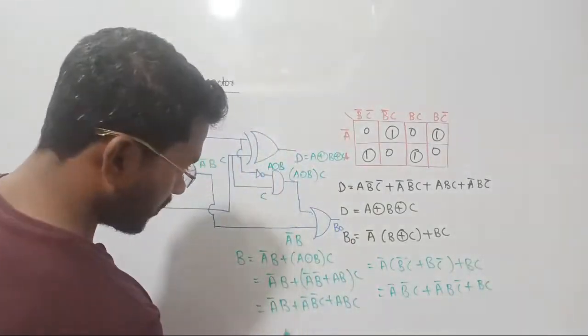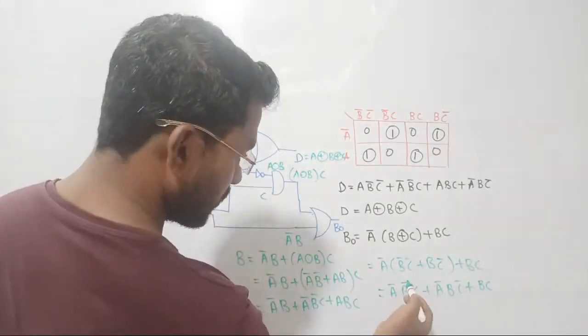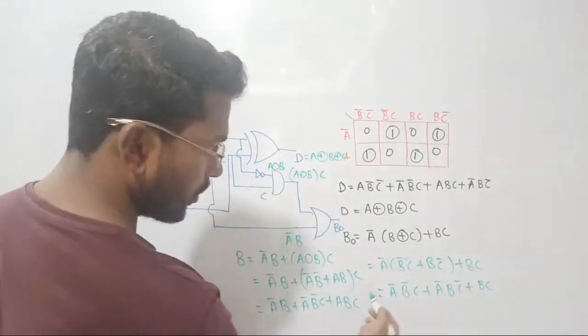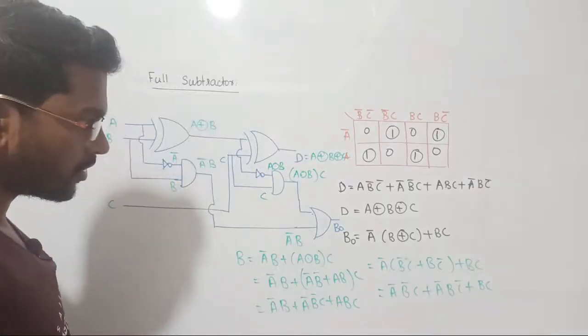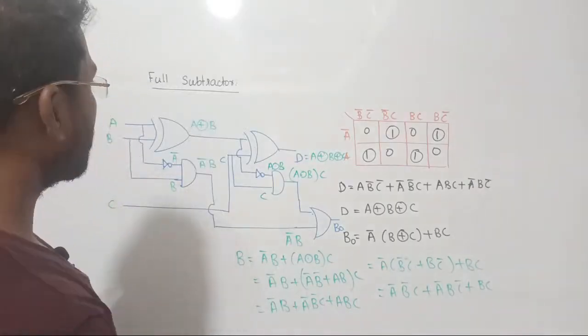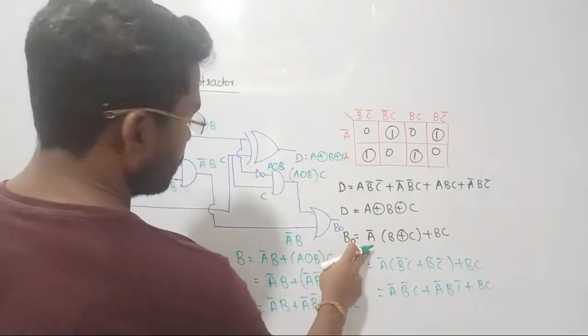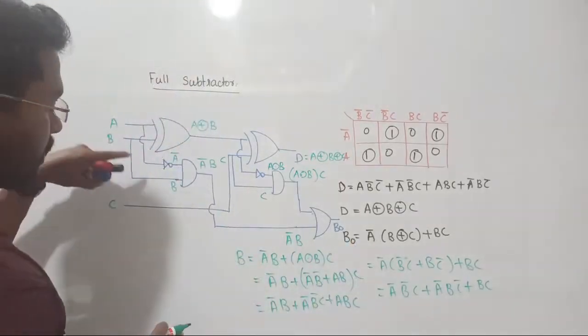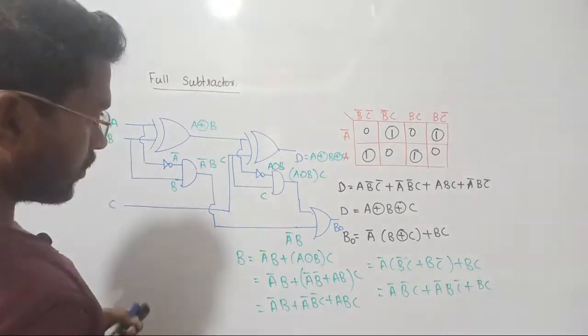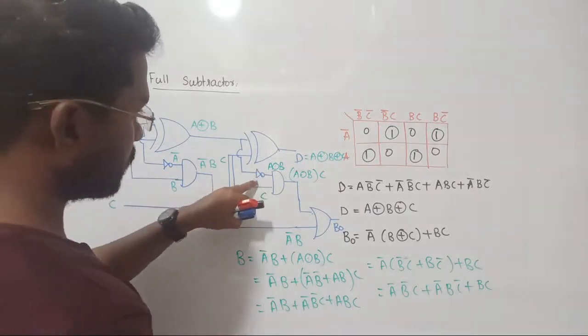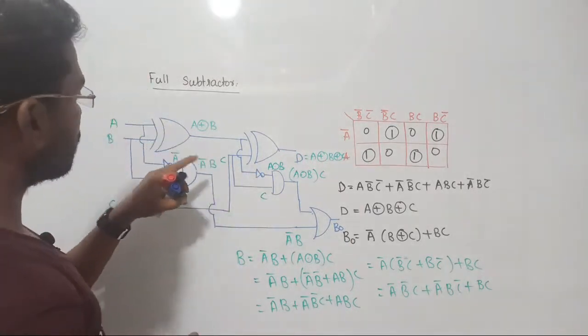Did I get the same answer? A bar B bar C, yeah, A bar B bar C I'm getting. ABC, yeah, I'm not getting actually. Did I make any mistake in the borrow? I think this is correct only, right? So we should take A bar here and we have to multiply in the sense. So here I have to take complement for